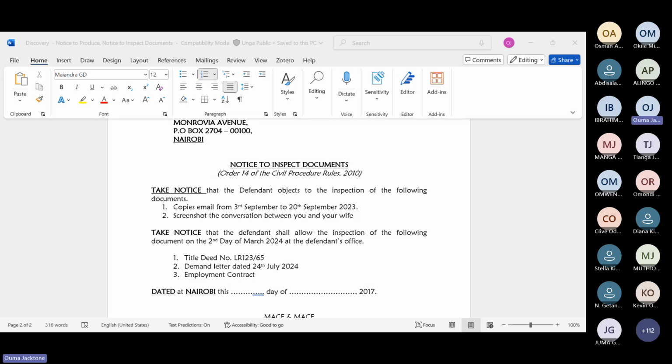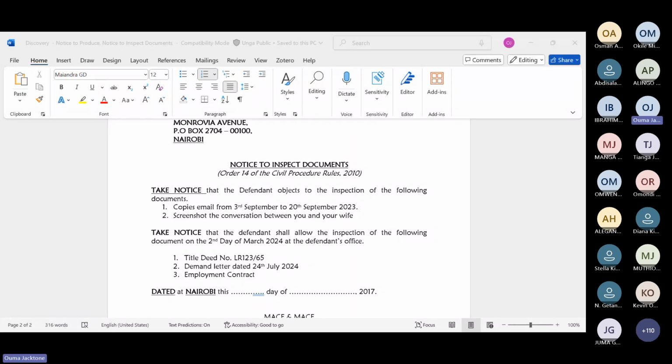And then if they're not happy, they will respond by a replying affidavit, whereby they'll be replying to your request for interrogatories, and they'll give reasons whether they agree or not. Of course, by the time you're making this application, it is already obvious that they don't agree. They don't want to produce anything.